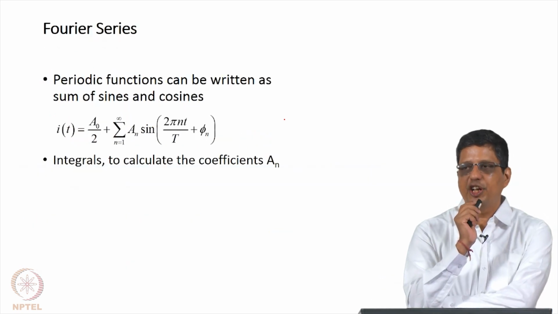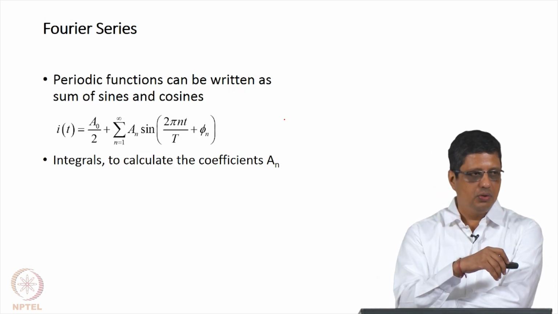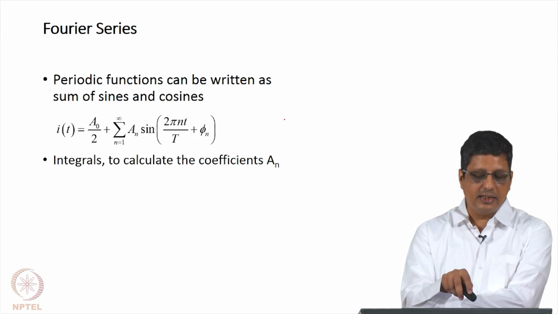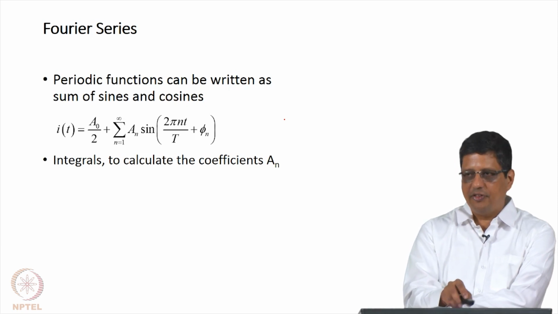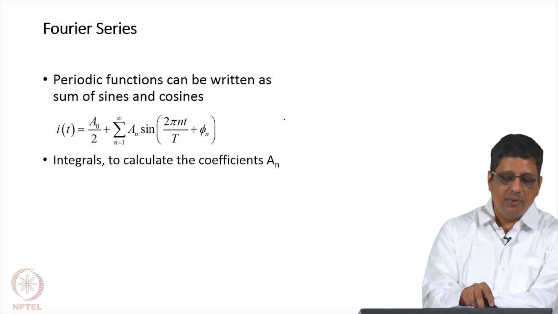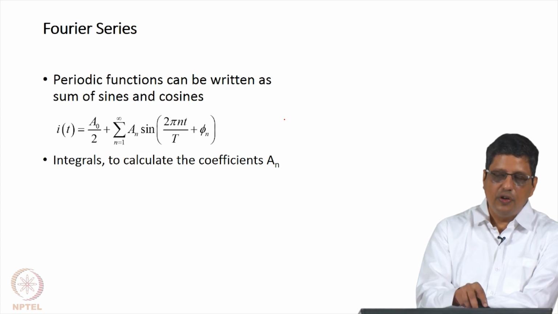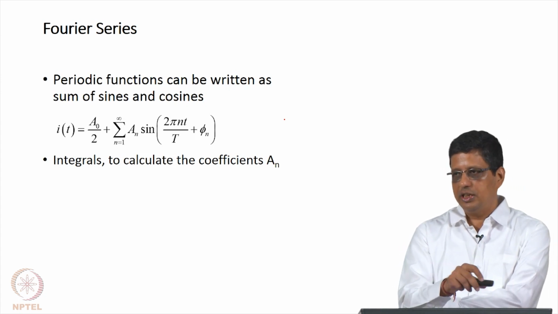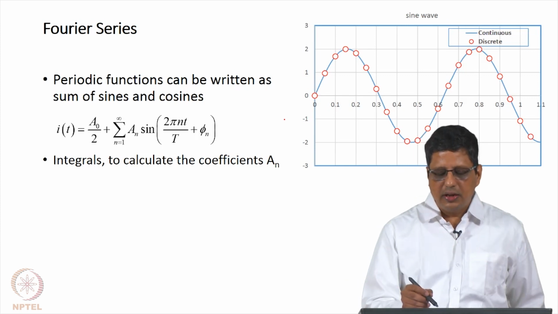Now, you can take any function in the time domain and convert it to the frequency domain. Any periodic function we can write as a sum of sine and cosine. Here I have shown it as sine with a phase, which is the same as sine and cosine, and you can write the current as a function of time in terms of constants and other coefficients, and the coefficients you can calculate using integrals. You can find it in any of the standard books, or you can search on the net. I am not going to describe them here, but I want you to note that the blue line here is a continuous function.